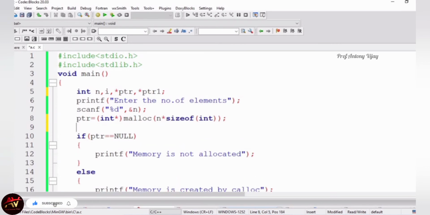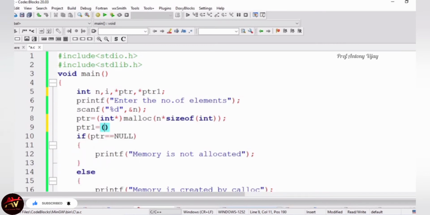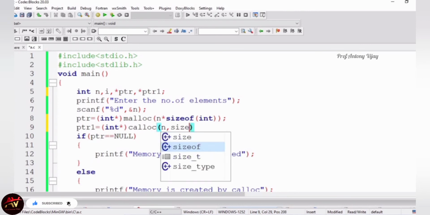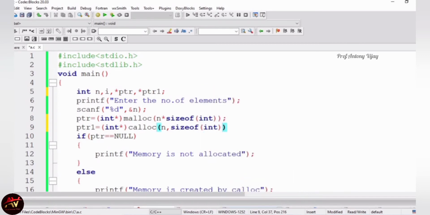After that ptr1 equals the same content, int star typecasting, then calloc, contiguous memory allocation, n comma sizeof int. This is the way we create memory through calloc. Now I am going to check whether the memory is null or not. Here we have two pointers, ptr and ptr1.